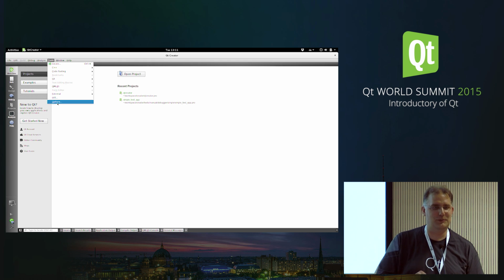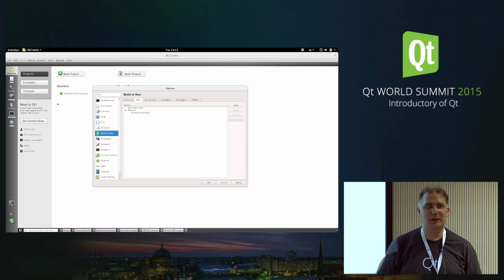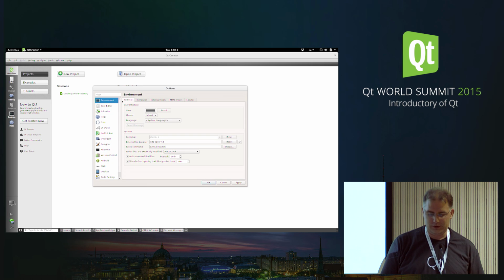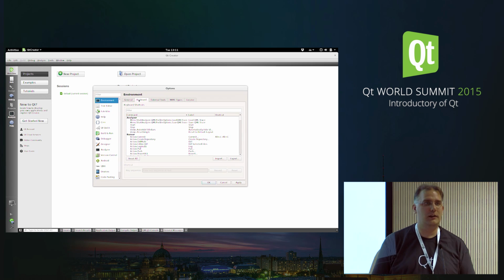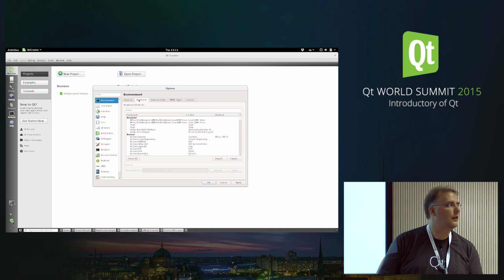Preferences, Qt Creator or something. Yeah, okay. So it doesn't really matter how you get there. You get to this dialog. And there are a couple of things I want to point out here. The first is environment keyboard. And I want to point that out because this here